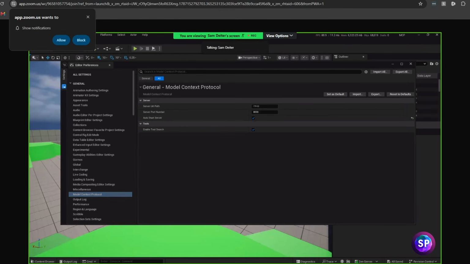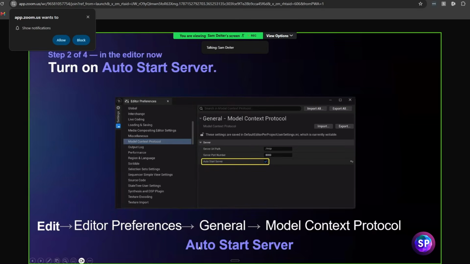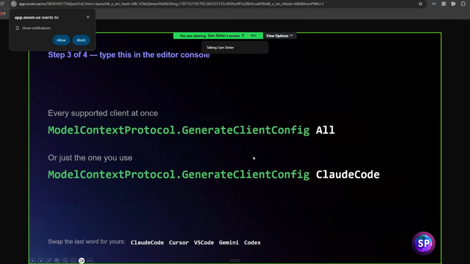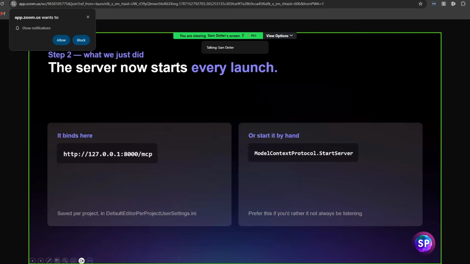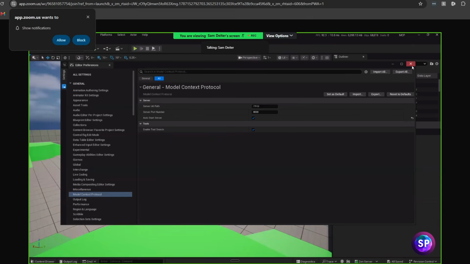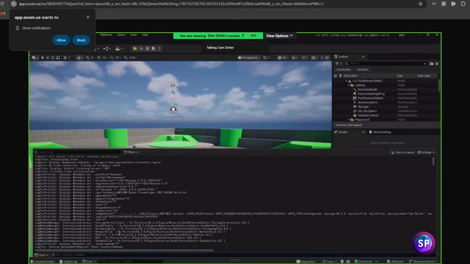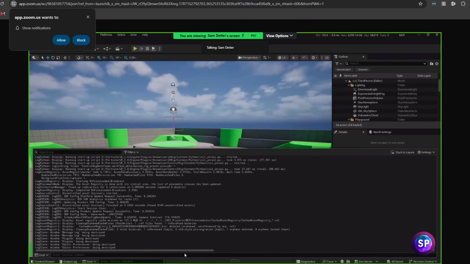And then let's just pop back over here to our presentation. All right, so what we want to do is, let me just come over to my notes here really quick so I can get the copy of this. Or I can actually show you how to do this in the editor. So let's pop back over to the editor, and we're going to close this, and I'm going to open up my output log here, and we're going to scroll all the way down, and we're going to say